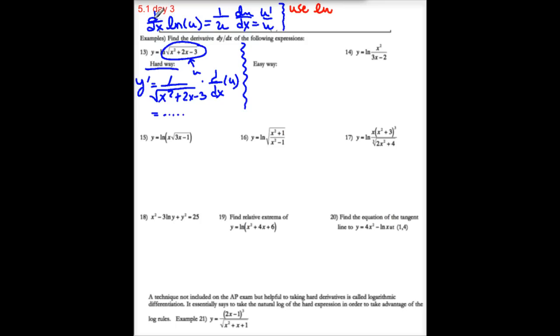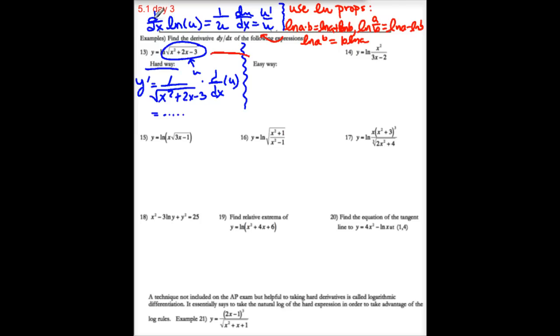So what's easier a lot of times is to make use of the natural log, actually all log, the logarithmic properties. I'm just going to write props. And remember what those are. That multiplication expands into addition. Oopsie. And division expands into subtraction. And one of the biggest ones is that powers can come out front. So when you use those properties in conjunction with our derivative of the natural log rule, it becomes a lot